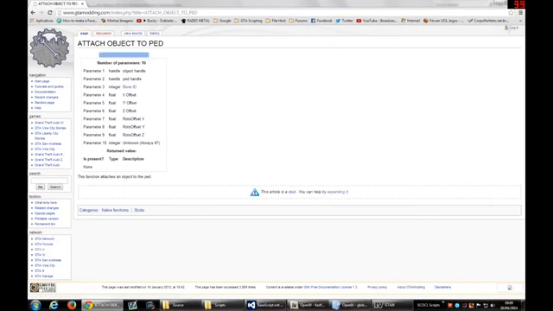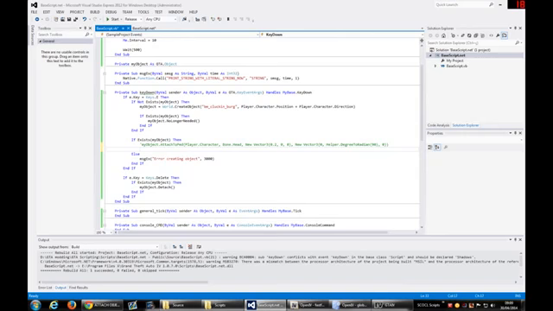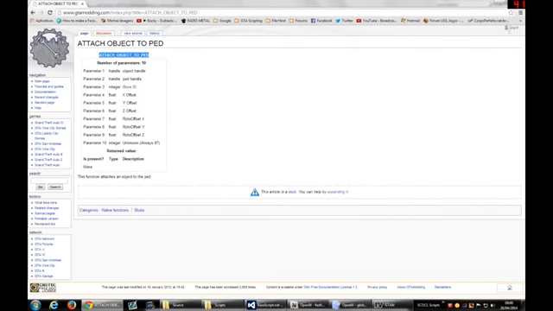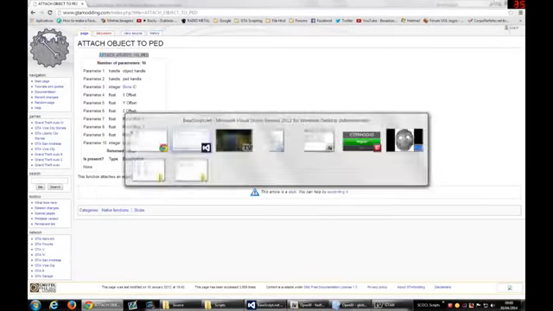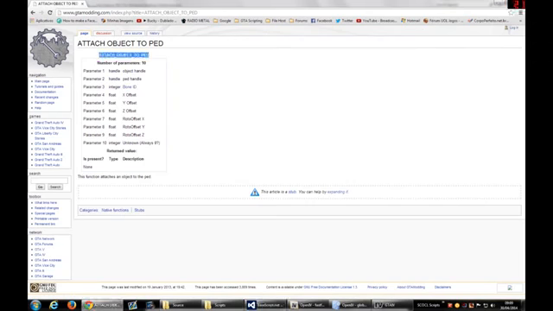If you would use this native call instead of this script hook method call, you would do it this way: attach ped. The first parameter is the object, the second parameter is the ped, the third parameter is the bone ID.